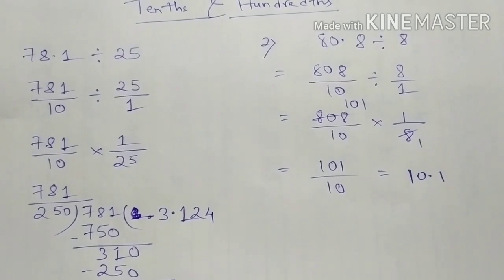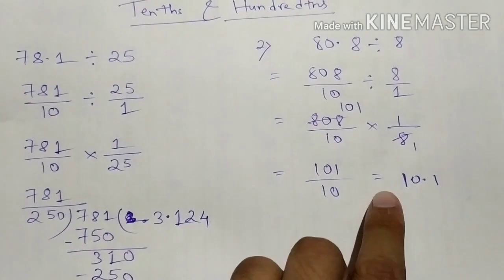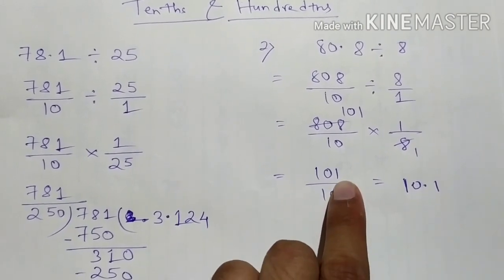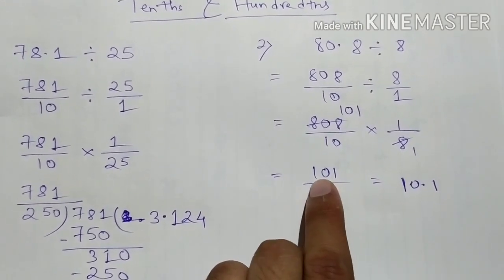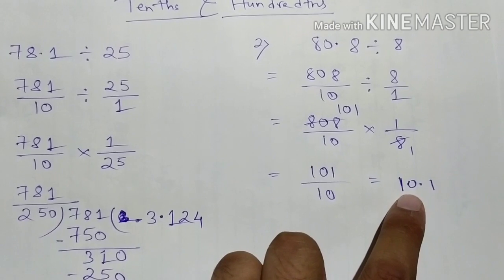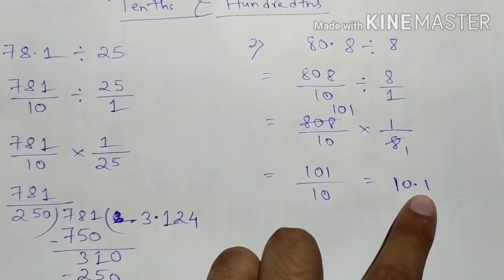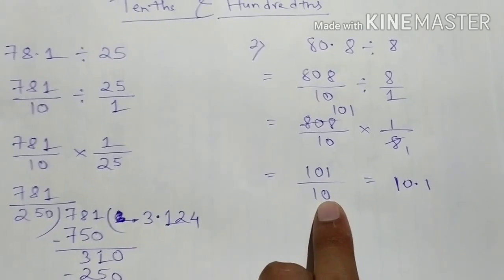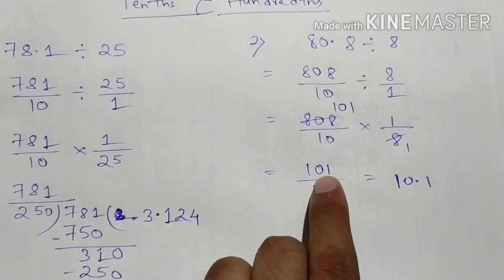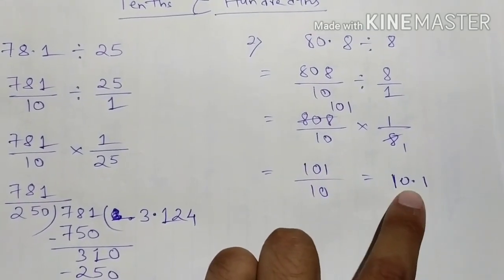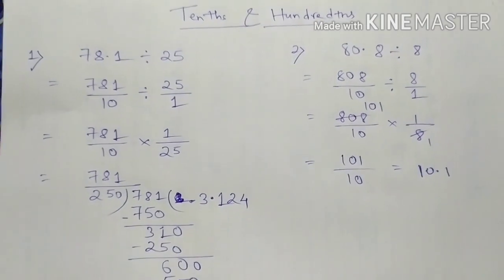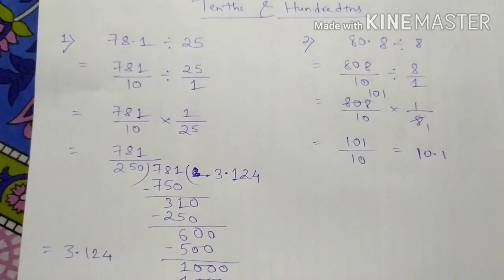And this one, as I told you earlier, no need to divide, because already there is 1 0 in the denominator. So after one digit from the back side, you put the decimal. So your answer is 10.1. How is it coming 10.1? Because since we have 1 0, so from the back side after one digit, you have to give the point. That is 10.1. Okay, so these are the first two questions that I have done.